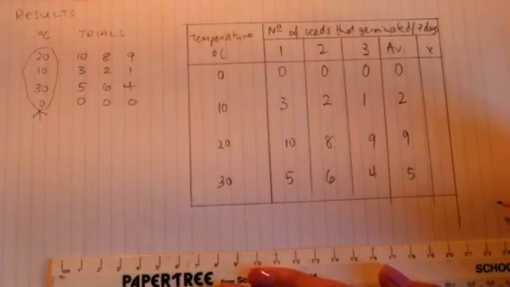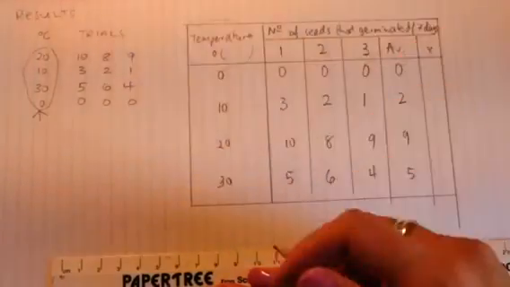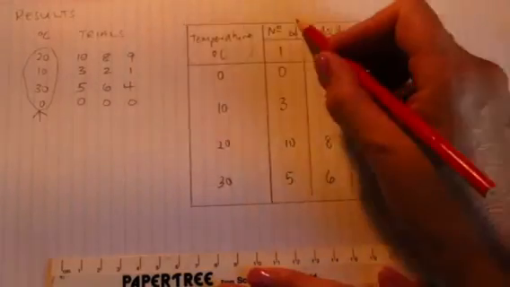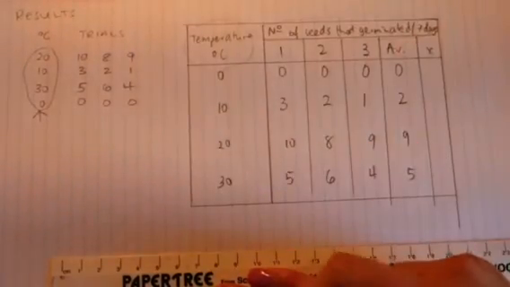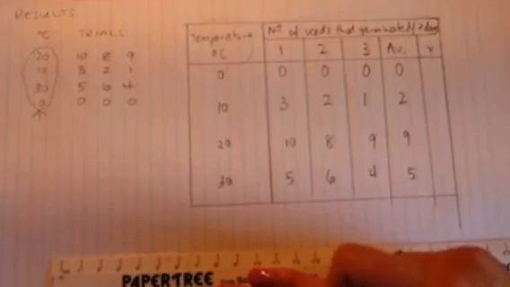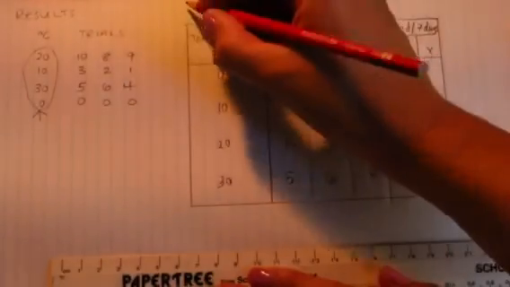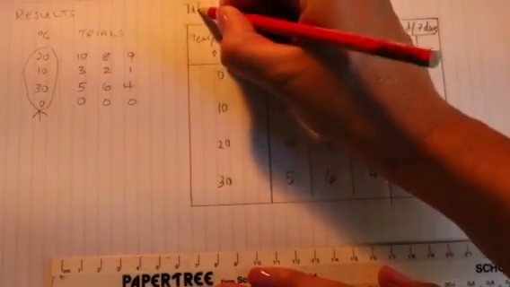The way we work out the averages is we add up across and then we divide by the number of trials that we did. This column here is not needed, so I just completely take that out later with my eraser. Last thing that I need to put on a good table is a suitable title, and that title has to represent my independent variable here and my dependent variable across the top, which is basically the results that I found. So for this one I would say table showing the number of seeds